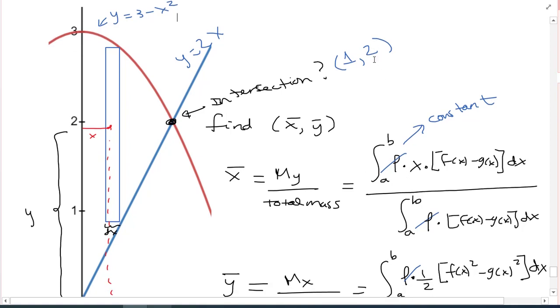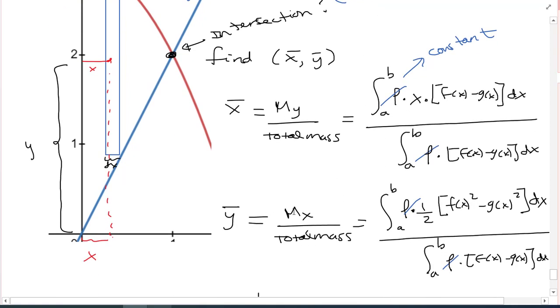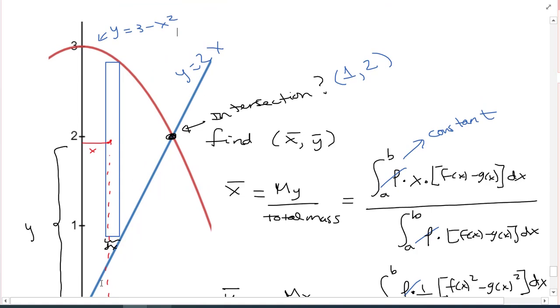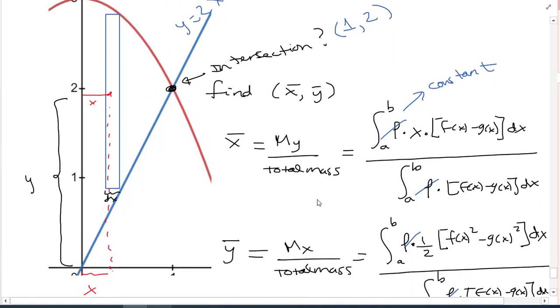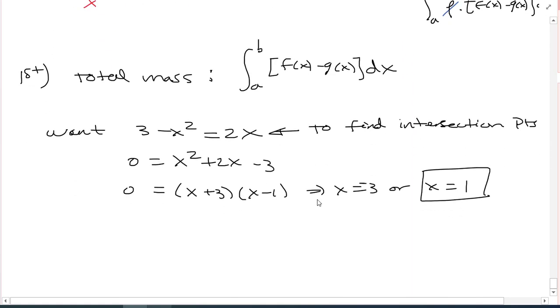I guess we don't need the y value, unless you're doing the moment about the x as a dy integral, then you will need that. But notice that you will need two integrals there. Okay, so let's move on. So the total mass, now that I know the intersection point, is the integral from 0 to 1 of the top